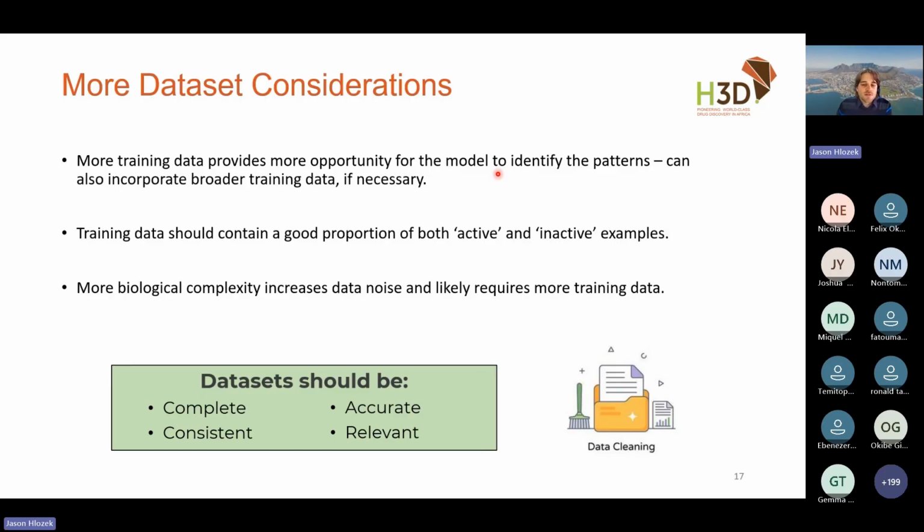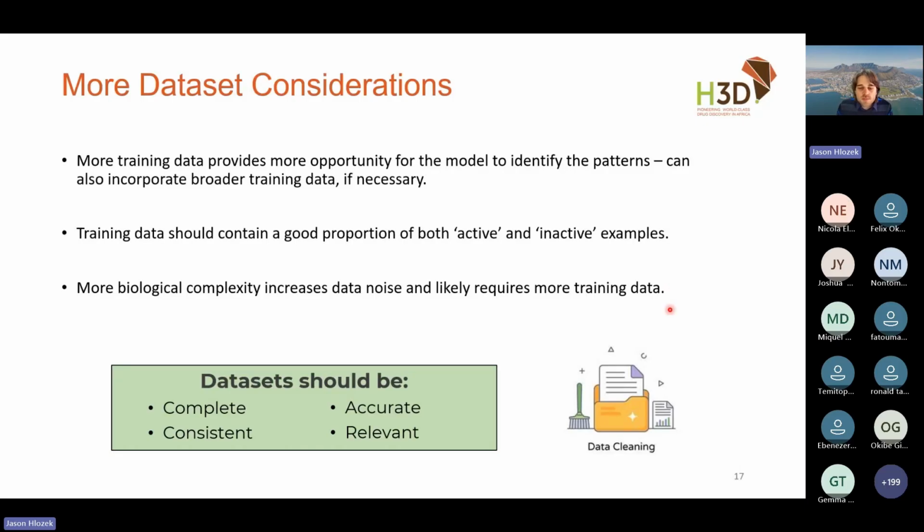And also the characteristics of that data set is you should have examples of both good and bad molecules. If you only gave it all inactive molecules and you said, tell me what an active one will be, well, it's not magic. The model is just using maths to find the patterns, and you haven't given it any examples of what to actually look for. And so always be thinking about what have I given my model to learn, and what does that mean that it can be used for?